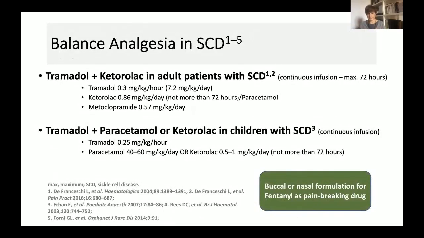So, examples of balanced analgesia. These are experiences that come directly from physicians devoted to pain control, and they use, for example, the infusion and co-administration of tramadol plus ketorolac in adults, and as reported in this slide, the use of metoclopramide together to reduce the side effects related to tramadol, or in children, the use of tramadol plus paracetamol or ketorolac, and again, the use of balanced analgesia